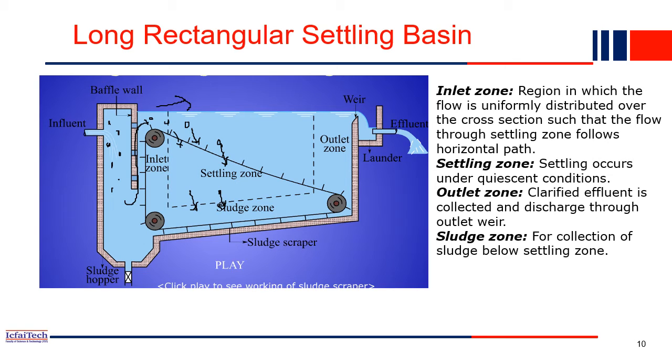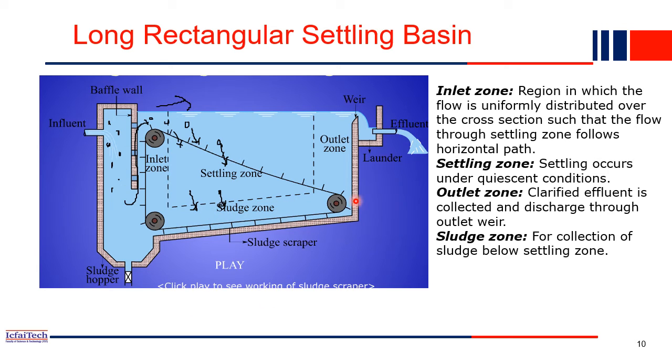So this is the zone. In this zone basically all the particles will be settled. We call it the sludge zone. All the waste particles will be deposited here, and the water will simply go through and then to the effluent. This is the actual diagram, and you can see that this is made in a sloped fashion, so that whatever sludge is deposited at the bottom will automatically go and come to here, and through here we can clean all the sludge which is deposited at the bottom.